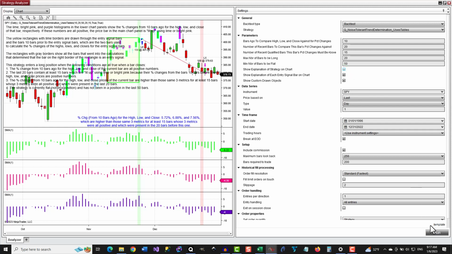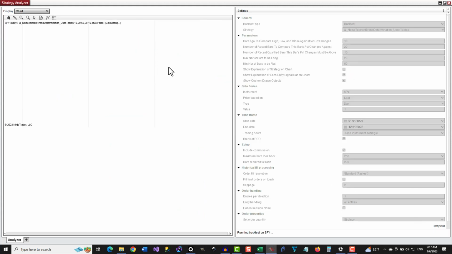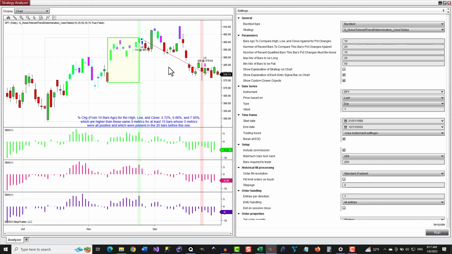To help visualize this strategy's more complex logic, it plots histograms on panels other than the main panel that contains the price chart, and it uses multiple drawing techniques including highlighting price bars or candles, drawing large rectangles, drawing vertical stripes of background color, displaying text that is attached to a price bar, and displaying text in a fixed position such as the upper left corner of the chart.